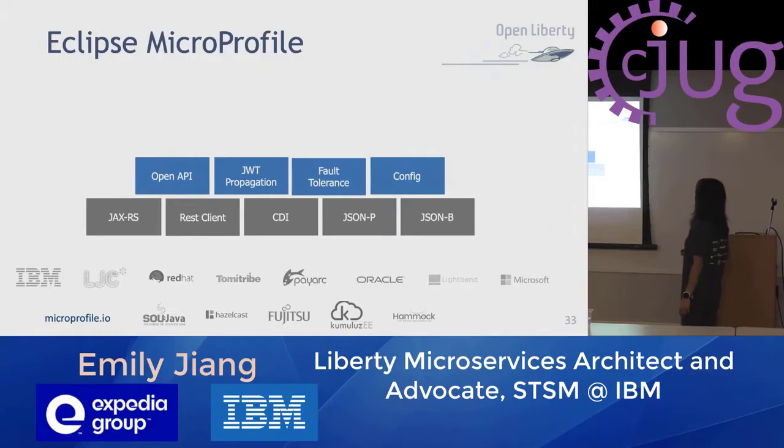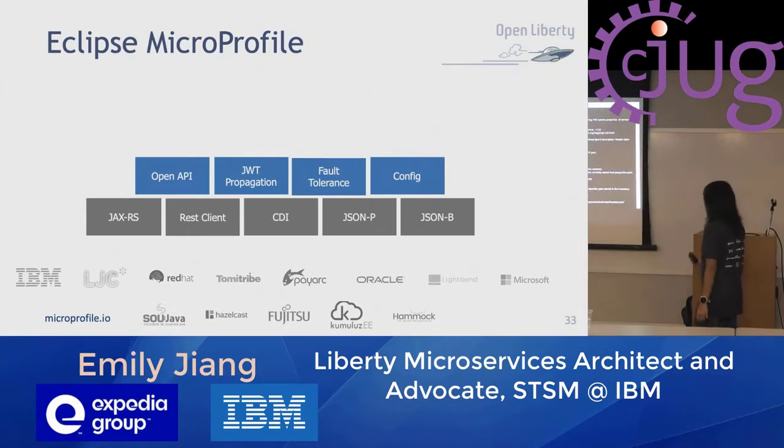The other thing is when you create a microservice, it could be deployed anywhere, right? You want to configure it differently. So you do not want to change the code if you just change a username or password. You want to externalize this kind of information in the infrastructure so that you can easily configure them. So I will go through this.